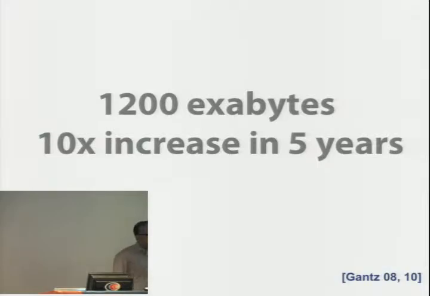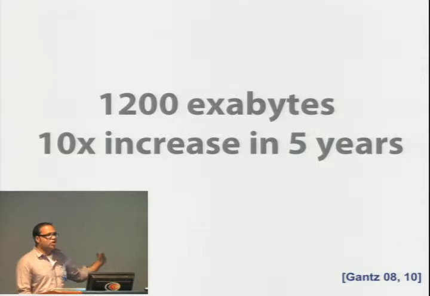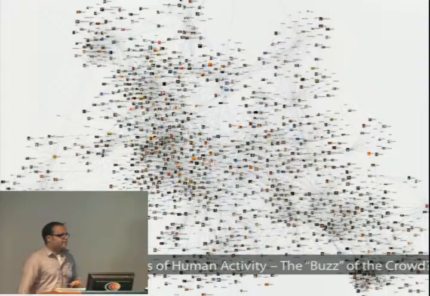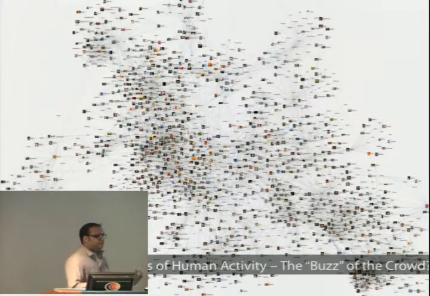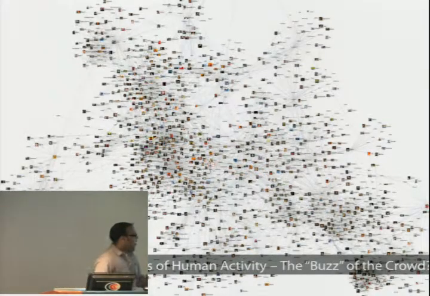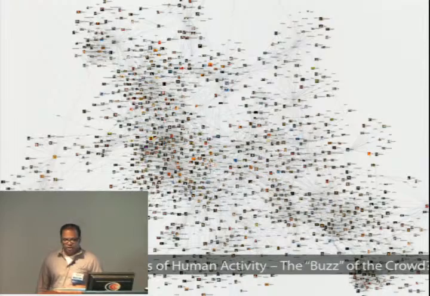And in fact, this amount of information that we're producing in a single year is growing exponentially. So it increased 10 times in a span of 5 years. So this is a very, very large problem. And part of the reason for this problem is that we now have the internet connecting people, and we're recording all kinds of information about human activity. So there's lots and lots of data in the world around us.